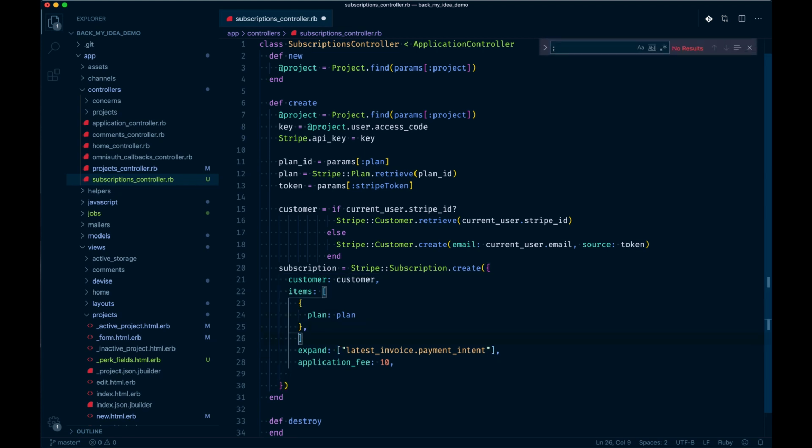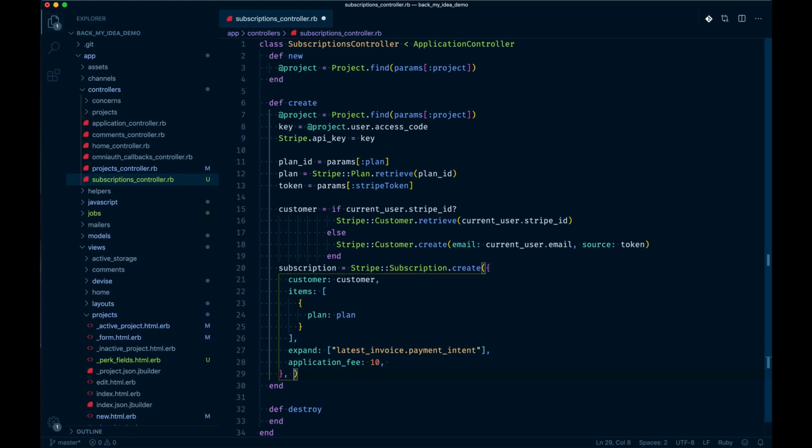Actually, it should be there. Application fee, and then we got the 10%, and then we need to round out this call with the Stripe account,